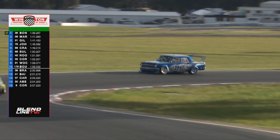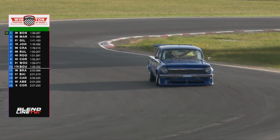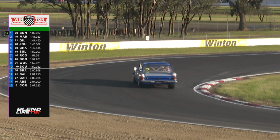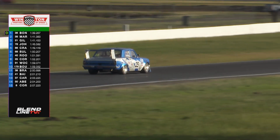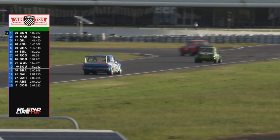That's Stephen Craig in the Capri having a bit of an excursion. Looks like he's been able to get the car mobile again, and he'll rejoin shortly. Corey getting around in a very radical looking EH Holden. I mean, the guy that got these things going very well, of course, was the